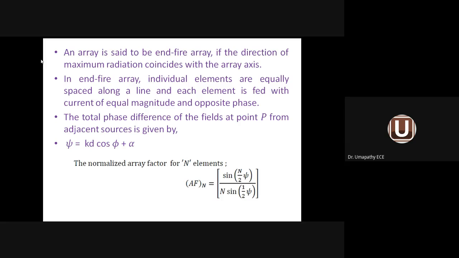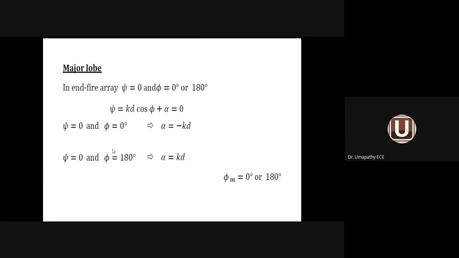So there, maxima perpendicular to the array axis. Here, maxima along the array axis of the antenna. So these are the two differences between broadside array and end-fire array. But the array factor and the phase difference expressions are common, which we have taken from the n-element uniform linear array. Now the first parameter.